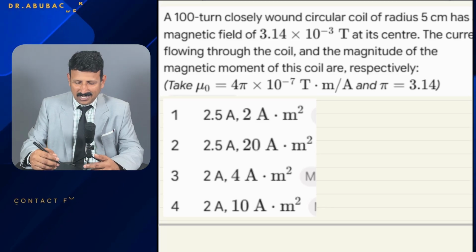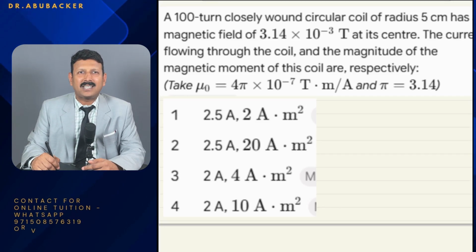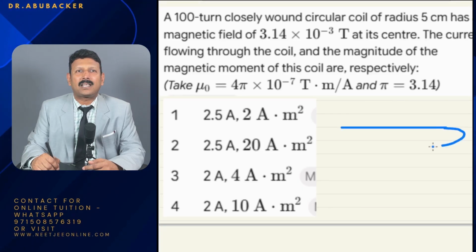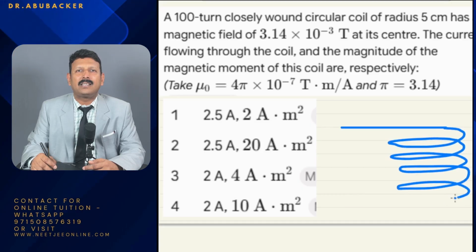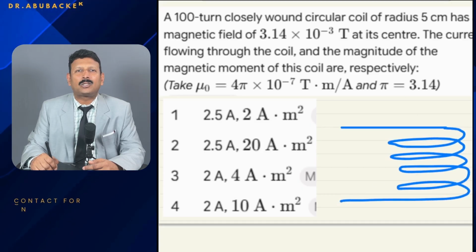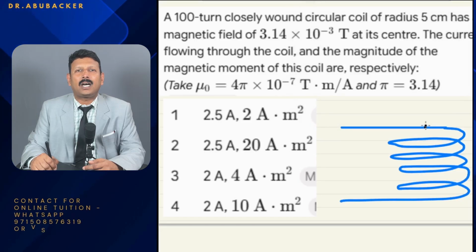Hi students, today we are going to solve one CBSE numerical. The question is: a 100 turn closely wound circular coil of radius 5 cm has magnetic field of 3.14 into 10 raised to minus 3 Tesla at its center. The current flowing through the coil and the magnitude of the magnetic moment of this coil are respectively